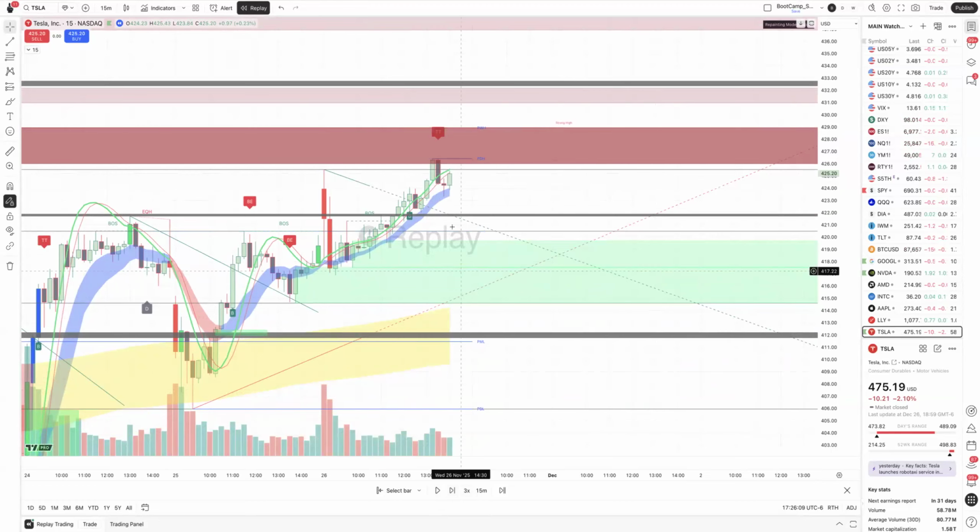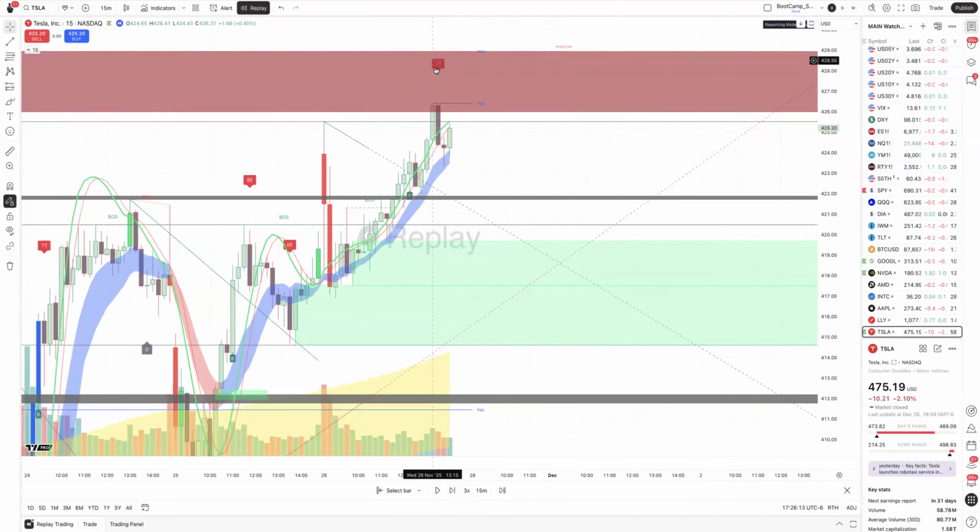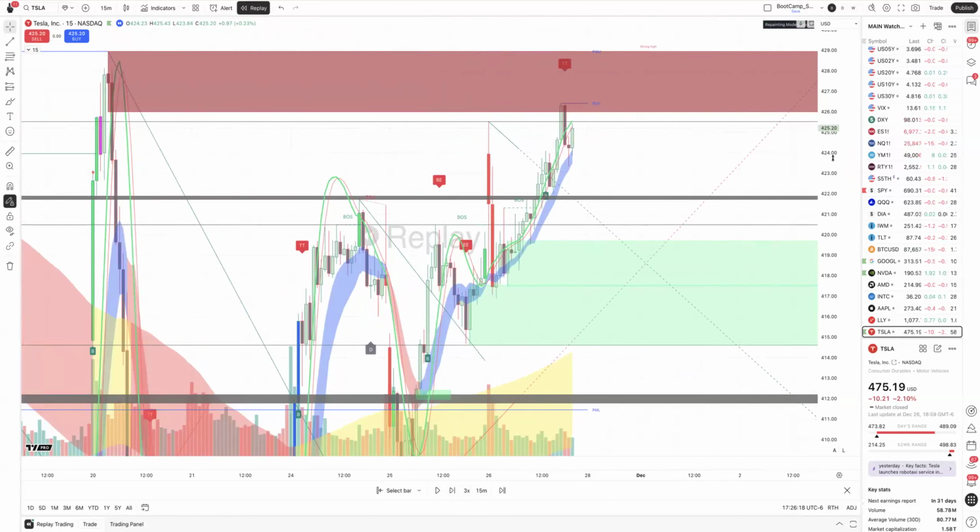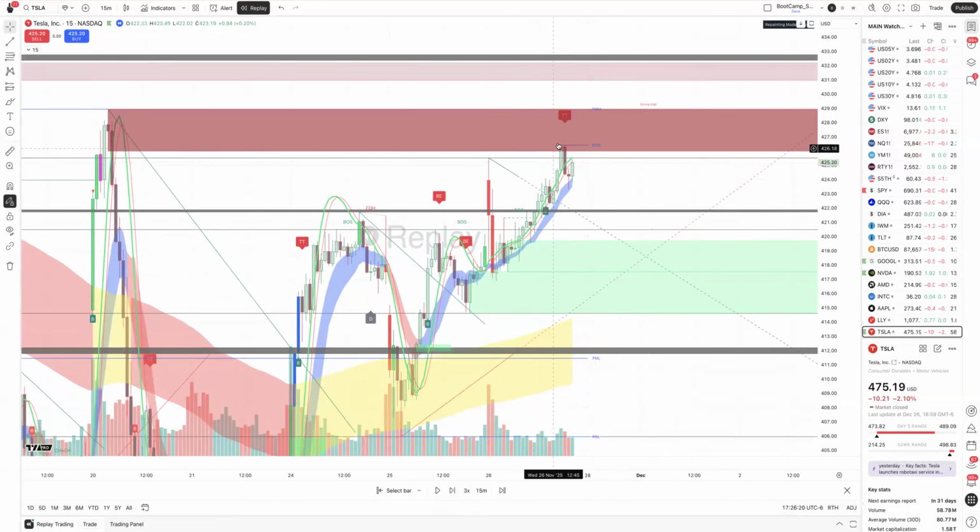But look at this, it got to this target, but look what it did. You got tweezer tops, but you pushed into it, and so you could take profit here after this candle right here, right? So say you entered in after this candle, you can take profit at this target,